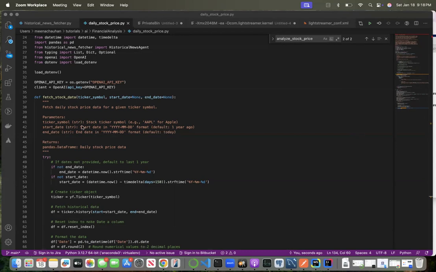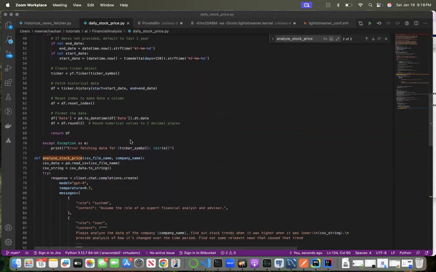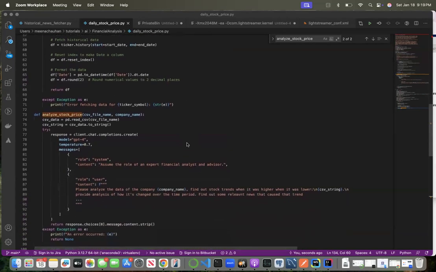First, we had a stocks price fetcher, where we gave the ticker symbol and the dates, and we fetched the price using the Yahoo Finance API. Now, in the previous example, I had used 365 days, but for this, just to keep my prompt size small, I have reduced the number of days to 150. I'll go back past 150 days and get the data. Then what we did was